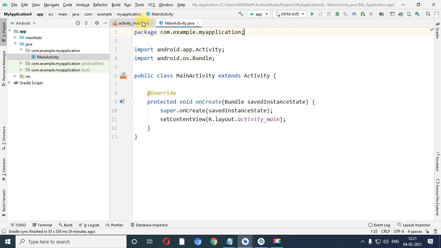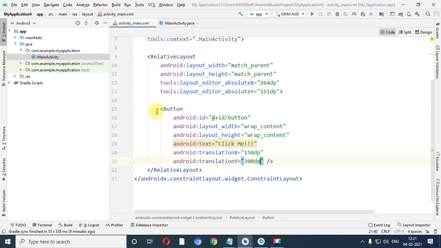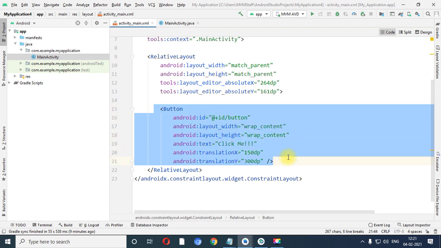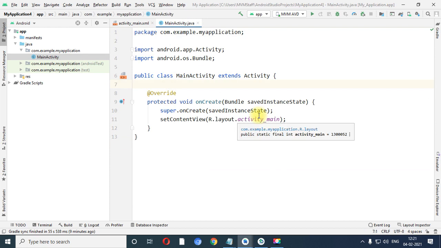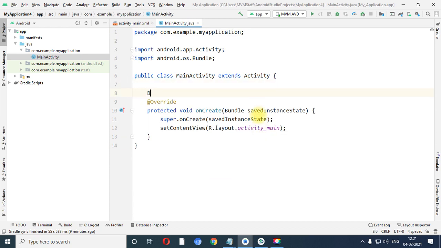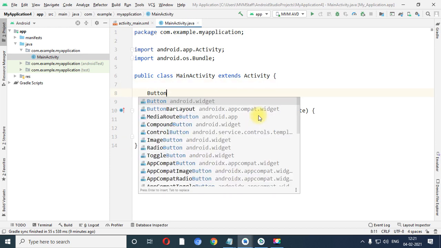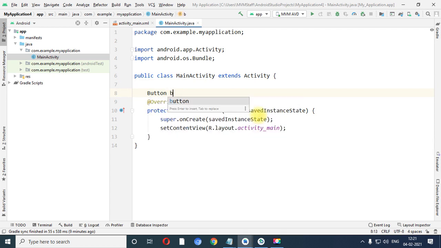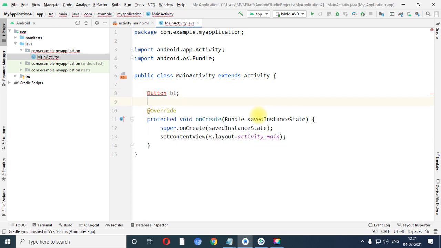Now, how many widgets have I placed in the design? One widget, that is a button. So first of all let me create the object of the Button class. You need to see Button is a class, so you need to write it with a capital letter: Button b1. Whatever code is in red, you need to solve the related error.